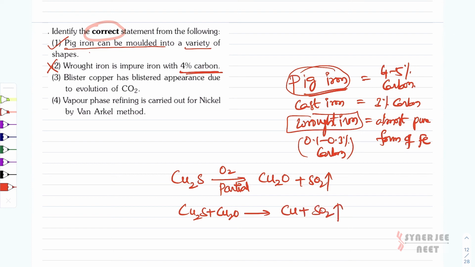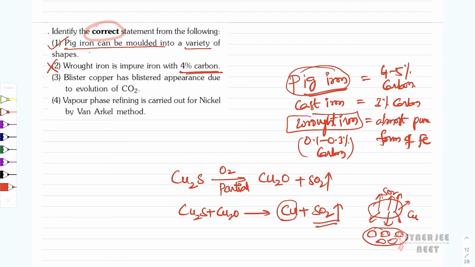So this is the process of how copper is extracted from its ore in the metallurgy of copper, which is there in your NCERT textbook. Once copper is obtained, since SO2 gas is being liberated from this substance, the solid mass of copper, once it is solidified, has a bubbly appearance on the solid, which is called blisters.